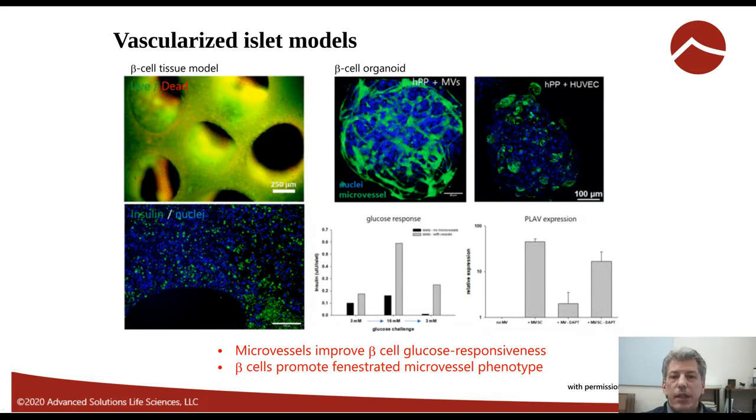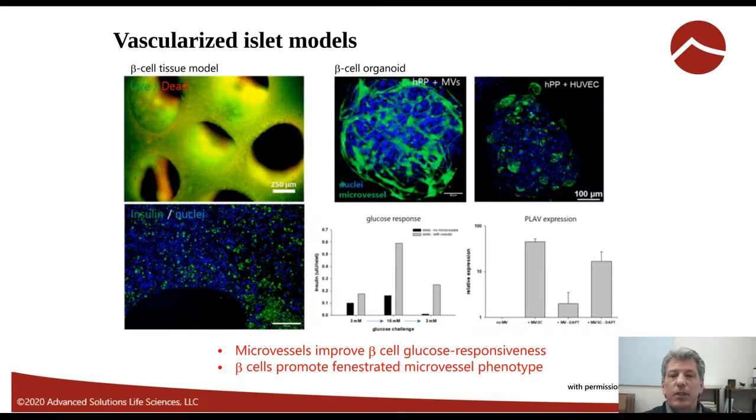And we got together because she initially attempted to build a vasculature in these spheroids using isolated endothelial cells and struggled. And so we've been able to, working closely, devise a new strategy such that we can stage the fabrication of the spheroid and then get our microvessels into the spheroid, and then they undergo angiogenesis and really expand it. And we were pleasantly surprised to see that not only can we get that vasculature established, which, by the way, has implications if we want to start transplanting these, but the vessels themselves improve beta cell responsiveness to glucose,